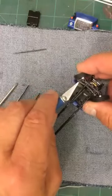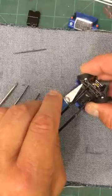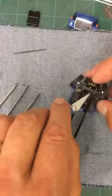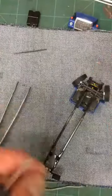By the way, that tie rod has been, I'm thinking we didn't pull that apart when we... There we go. Now we can put that in. Okay, so we will...